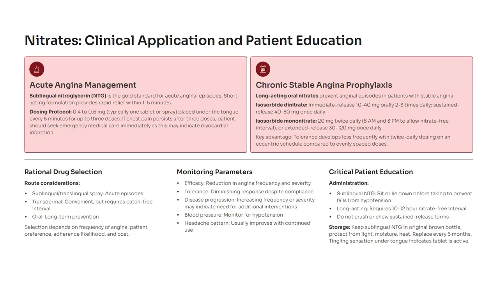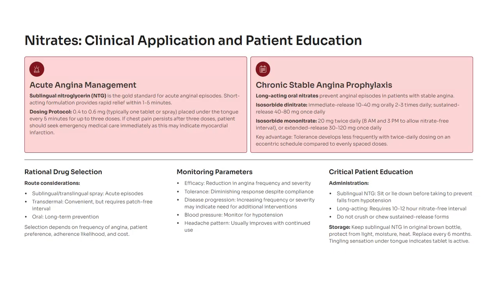Long-acting nitrates, remember these are used as prophylactics, so they have the isosorbide dinitrate. That's an immediate release formula, anywhere from 10 to 40 milligrams. They can take that 2 to 3 times daily. Sustained release is only once a day, and that's anywhere from 40 to 80 milligrams. The isosorbide mononitrate, that's 20 milligrams twice a day,